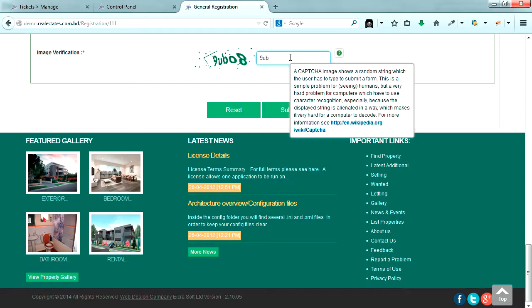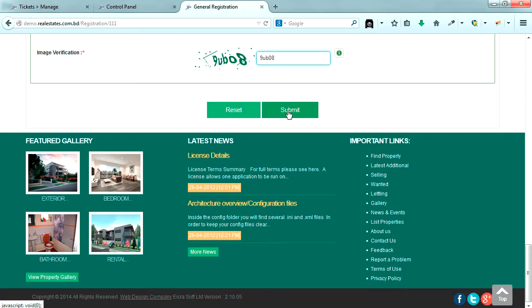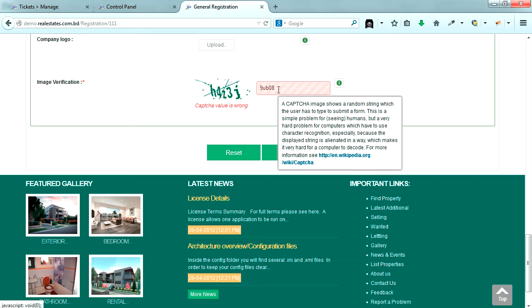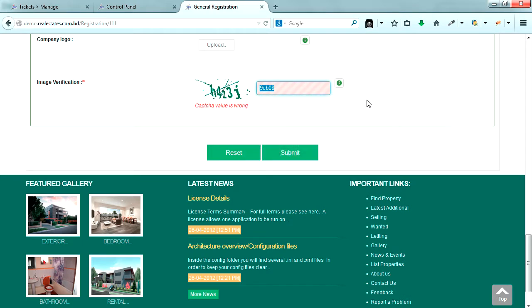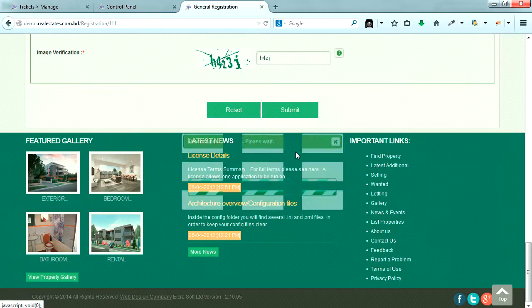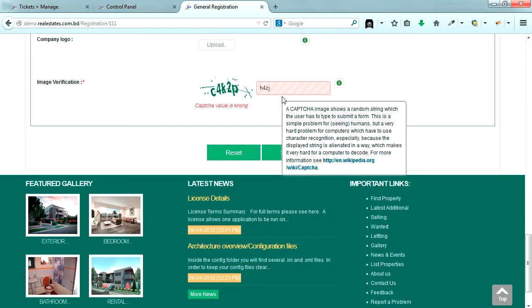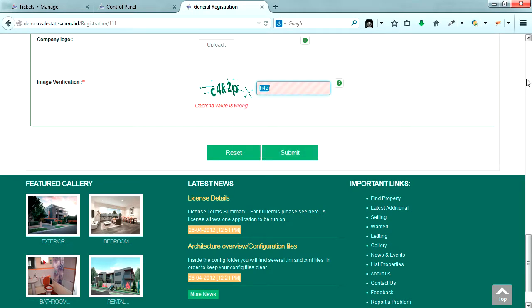So this is a CAPTCHA. For security reasons you can add this CAPTCHA or you can leave it out, although that is not recommended because it may increase the amount of spam. CAPTCHA is sometimes boring because if something does not match, the system will force you to give the exact CAPTCHA. It's a 5-digit CAPTCHA. So I am now giving the correct one